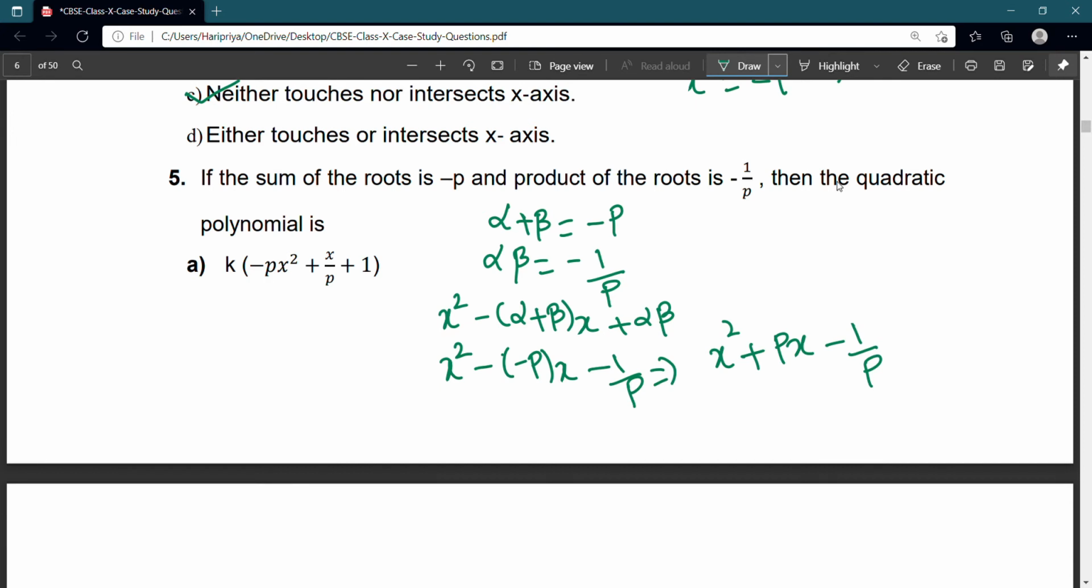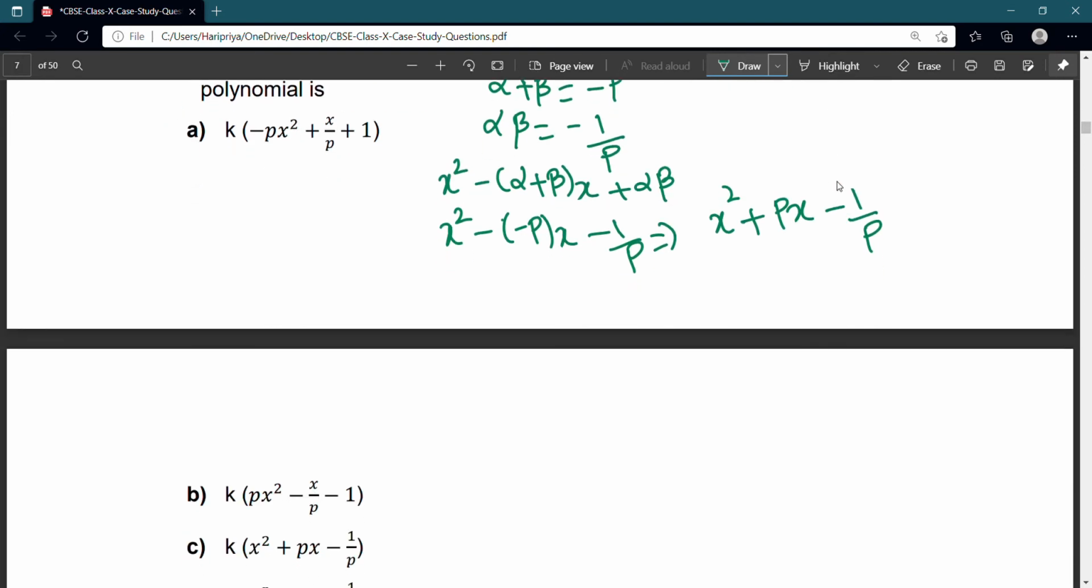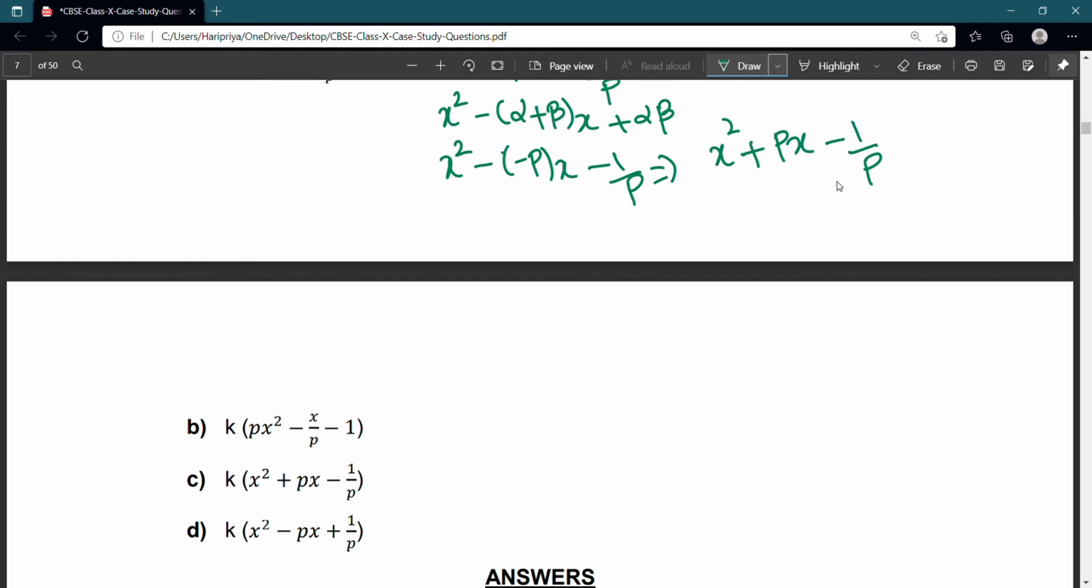So now we're going to check with the options. K of minus p x square plus x by p plus 1. But here we got 1 by p. And the next option, minus px square minus x by p, no. And the next option, x square plus px minus 1 by p. So our answer is k bracket x square plus px minus 1 by p. Next,